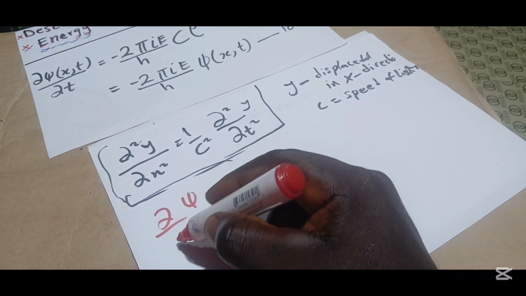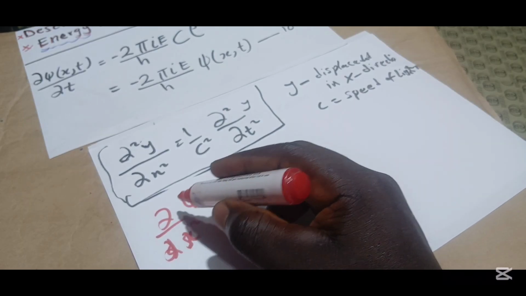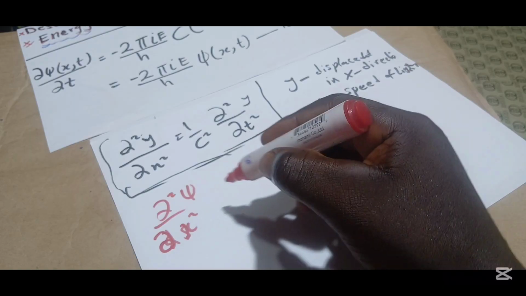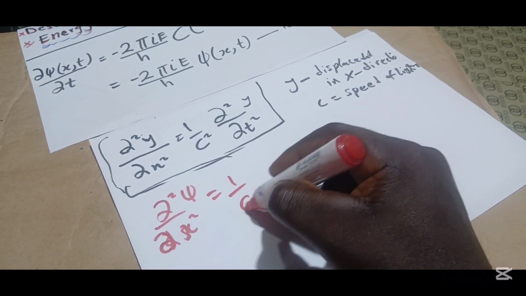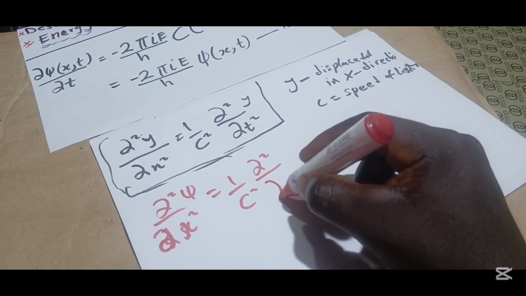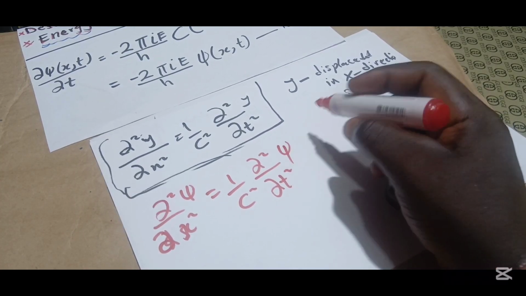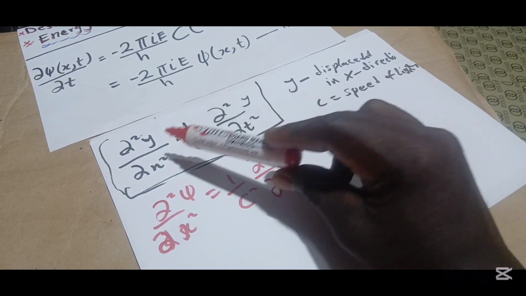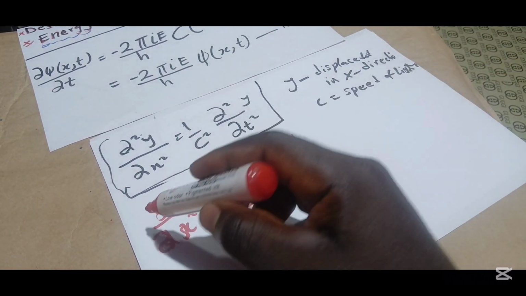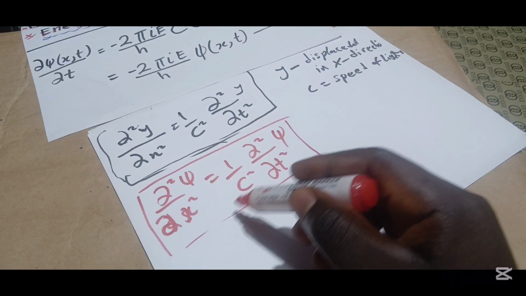So d squared psi over dx squared equals 1 over c squared d squared psi over dt squared. So this is where Schrodinger started his prediction,